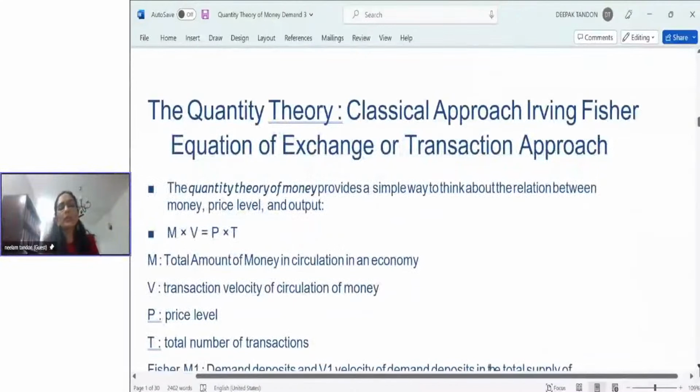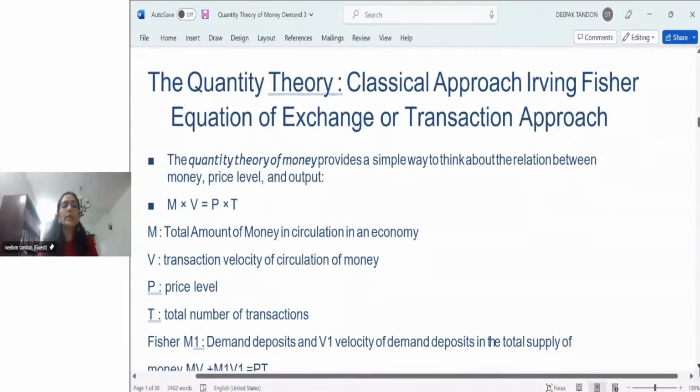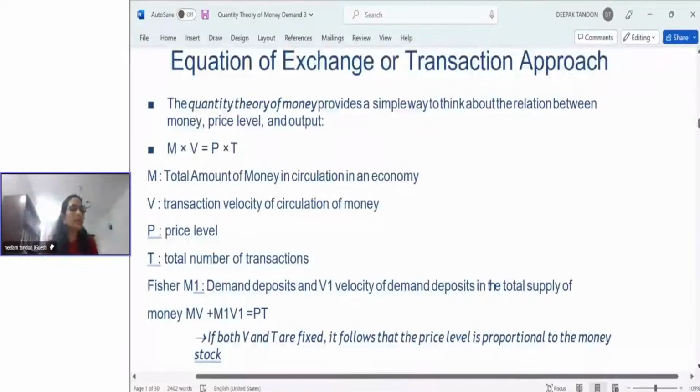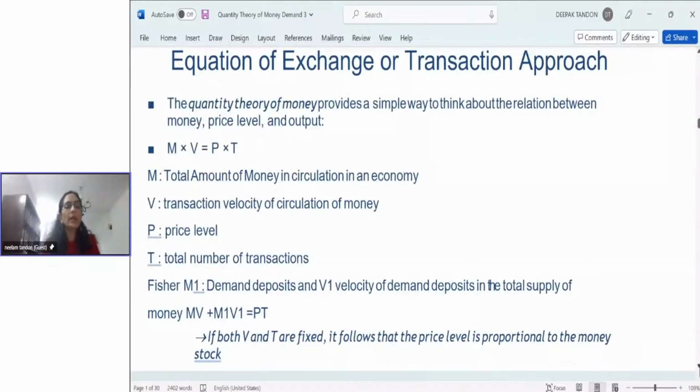The first quantitative theory we are sharing today is a classical theory proposed by Irving Fisher. This theory is also known as the transaction approach theory. They have considered 4 variables. One is the total money in circulation in the economy. How much money is there in circulation? That is M. V is the velocity. Velocity, if you can understand that,